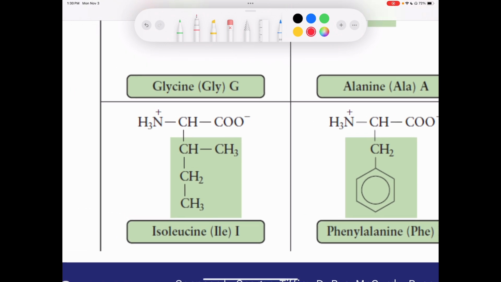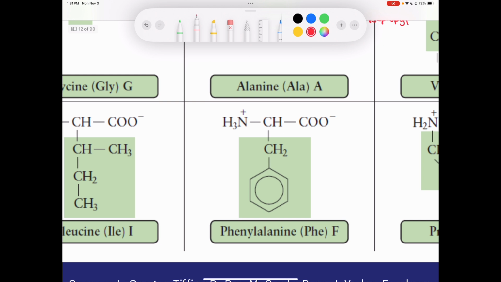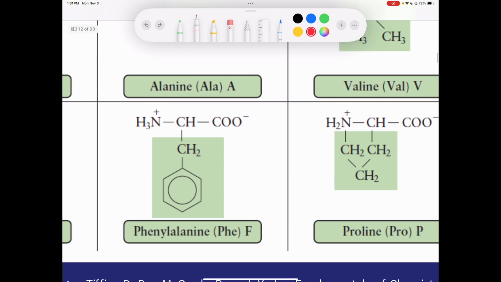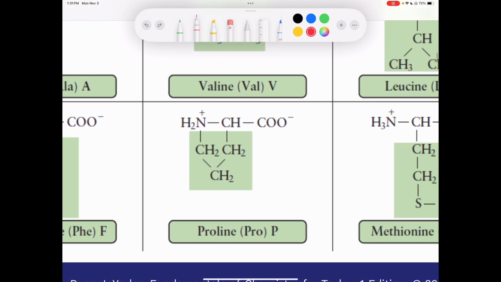If we move back down, and I'm really zooming in here, then we have isoleucine, and that's actually a sec-butyl group. And so we have leucine, which has an isobutyl, then we have isoleucine, which is a sec-butyl. So for isoleucine, we use the letter I or ILE. Then we have phenylalanine, right? F for phenylalanine is the one-letter abbreviation, and PHE is the three-letter abbreviation. Phenylalanine has a CH2 group followed by an aromatic ring. Then we have proline, and we went over how the R group in proline is tethered